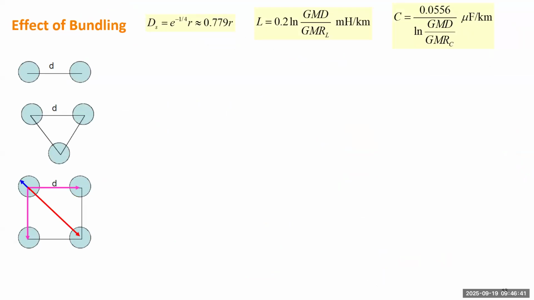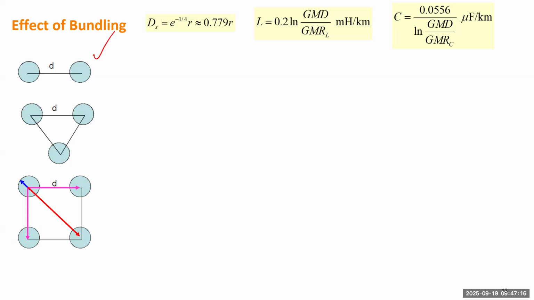All right, next we want to use 3 examples to demonstrate how to calculate the GMR. Assume each group has either 2 bundle, 3 bundle, or 4 bundle. So the 2 bundle can be, the first state can be 220 kV, and the second could be 345 kV, and the 4 bundle can be about 500 kV. If we assume all the conductors have the same shape, and they have a symmetric layout,